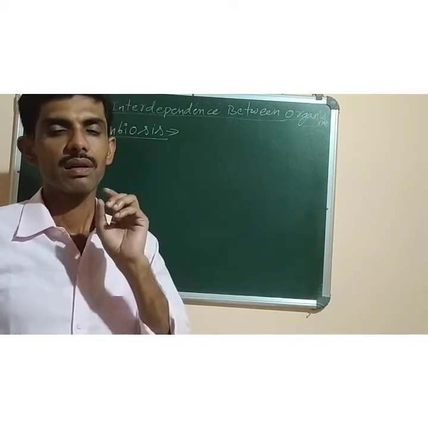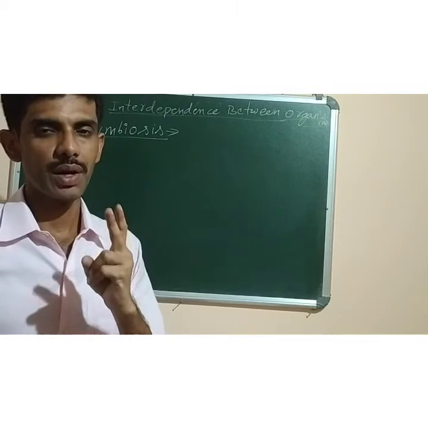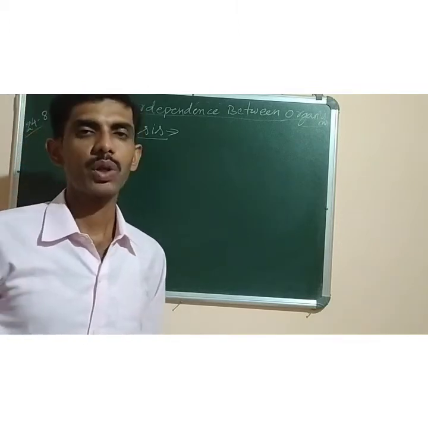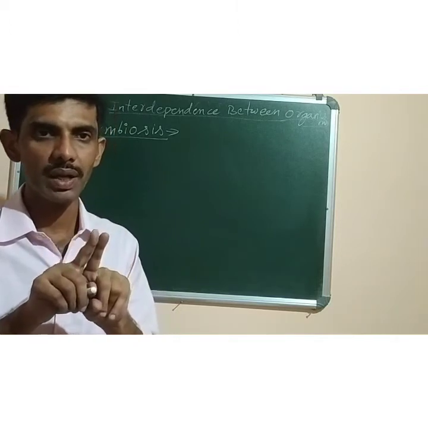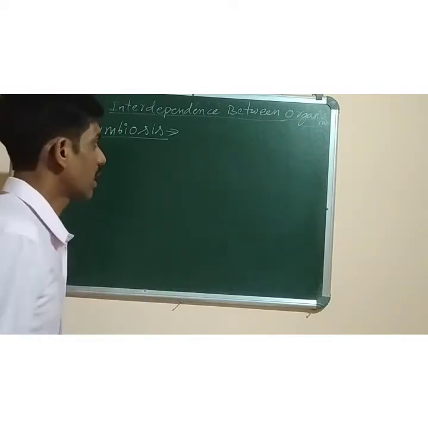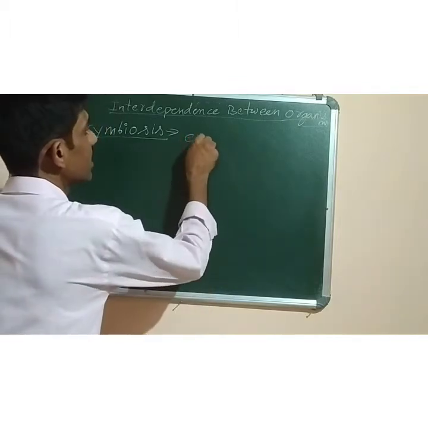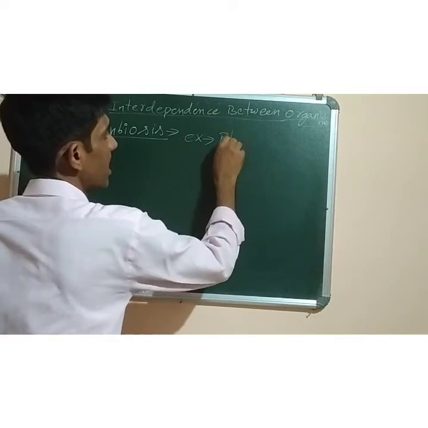Symbiosis is a mutual relationship between two organisms in which both of them are equally benefited. Two organisms live together and both of them get benefit. None of them is harmed. Now an example of symbiosis is the rhizobium bacteria, which is found